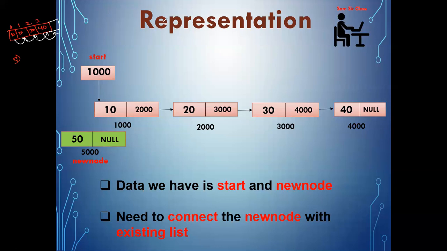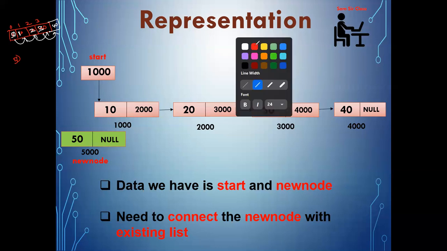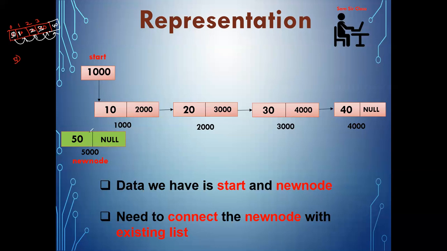Okay. So what will happen? Now 40 will come here, 30 will come here, 20 will come here, and then 10 will come here. After that, I'll insert my 50 here. So to insert a single value at the beginning of an array, I have to disturb all the elements, or I have to shift all the elements. But you can see the beauty of linked list, that the minimum number of operations are required.